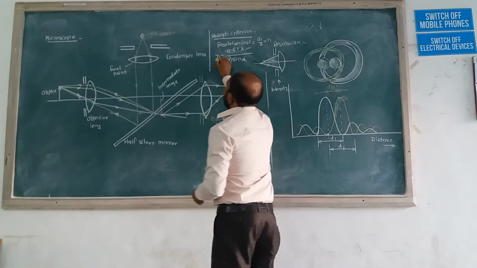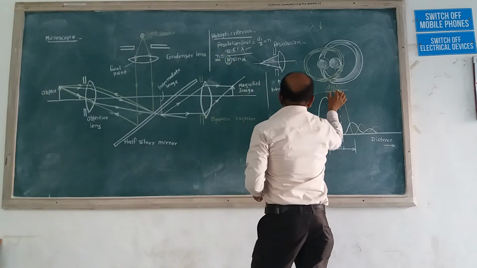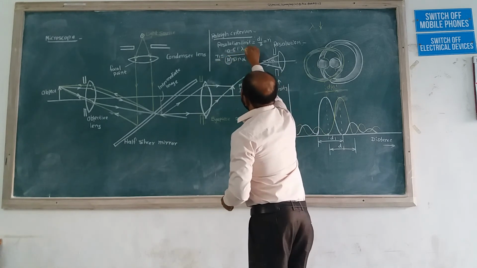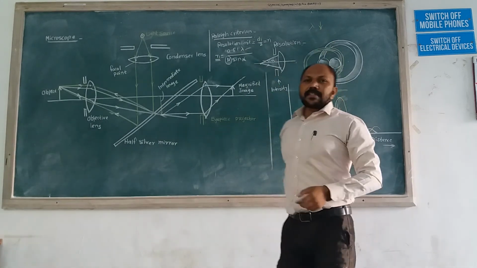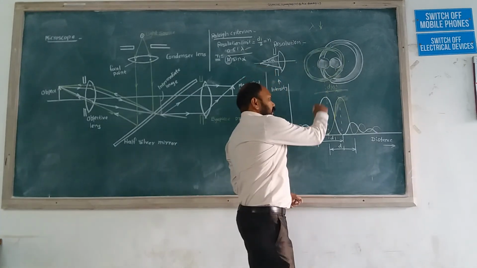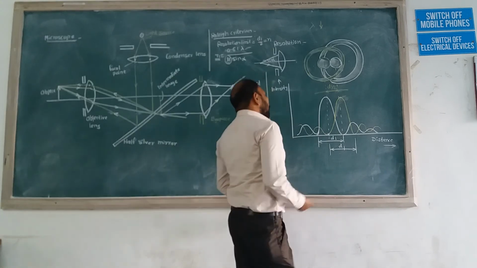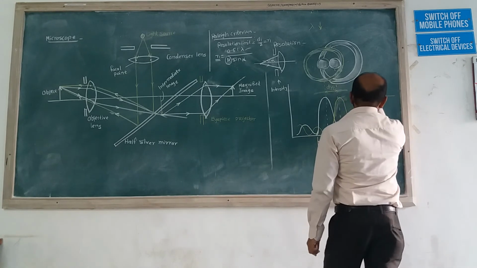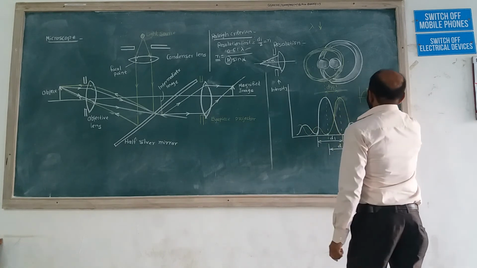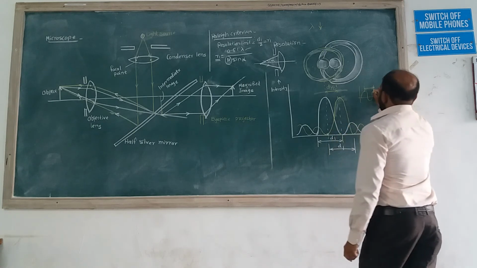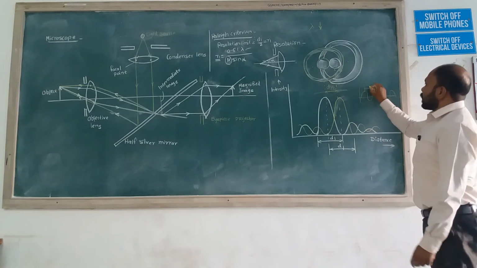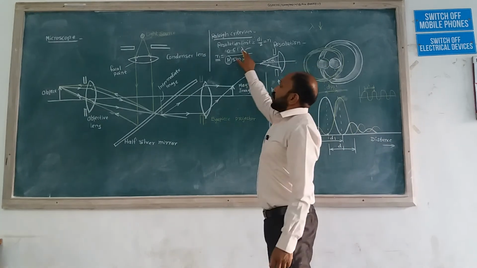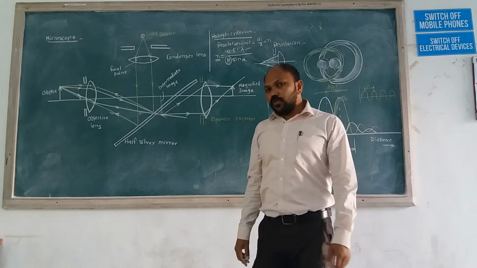We want to reduce R1, and for reducing R1, the lambda value should be less. And what is this lambda? Lambda is nothing but the wavelength. What is meant by wavelength? If we plot this graph like this, these are the waves, and the distance between two corresponding cycles is called the wavelength. So when this wavelength gets reduced, then only the radius gets reduced.